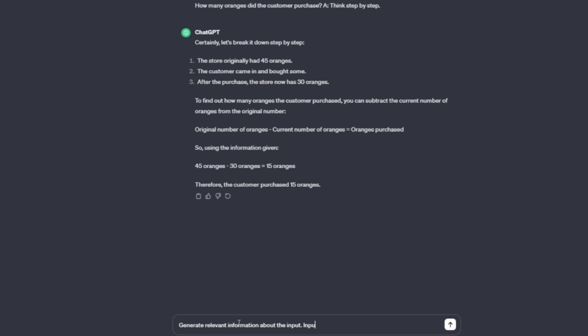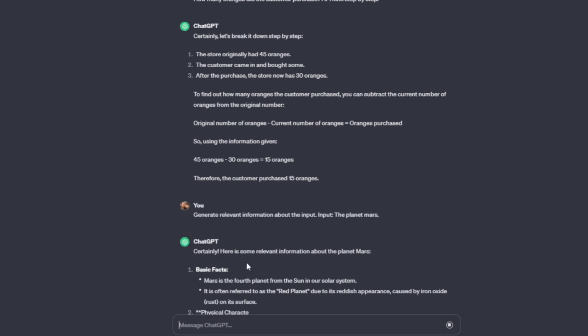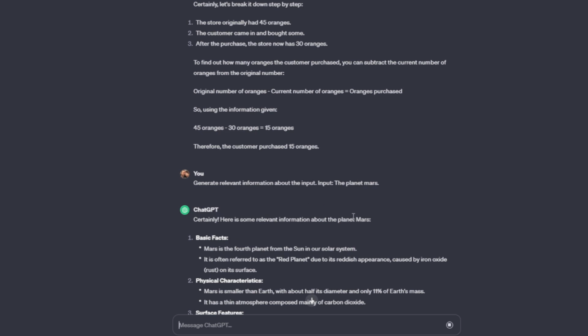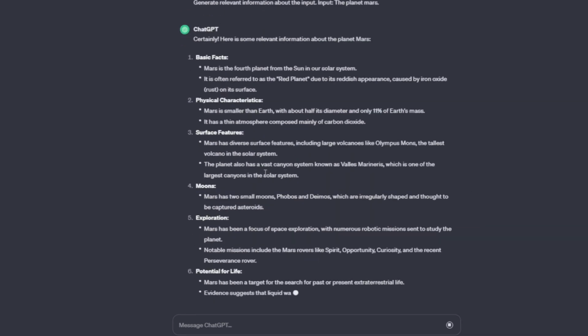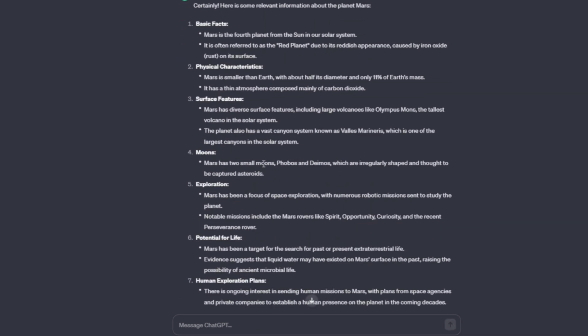We're going to do input, and let's just say the planet Mars, and let's hit enter. Now you can see it generates some relevant factual information in brief summaries about the input. In this case, it was the planet Mars, but you can input absolutely anything you'd like and have it broken down in this nice bullet point manner.